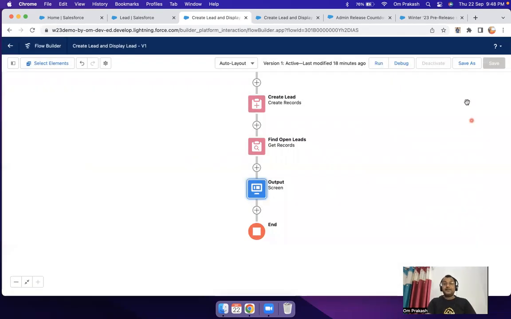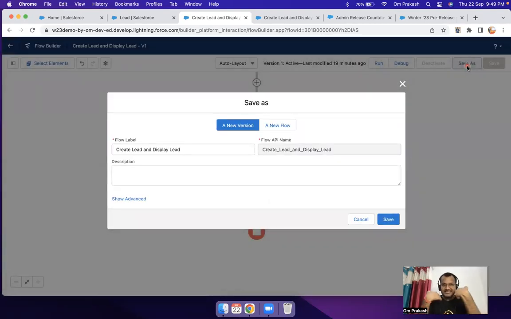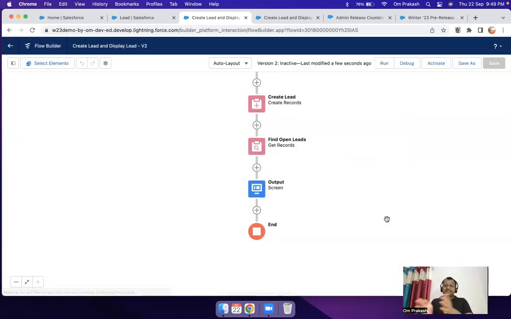Done. Because this flow is already active, you don't have the option to save. You have the option save as, because that flow is active. So now I can save as, and I can add data table to display lead. Okay. Save. So now a new version of the same flow is created and saved, and you have the option to debug again. Click debug,